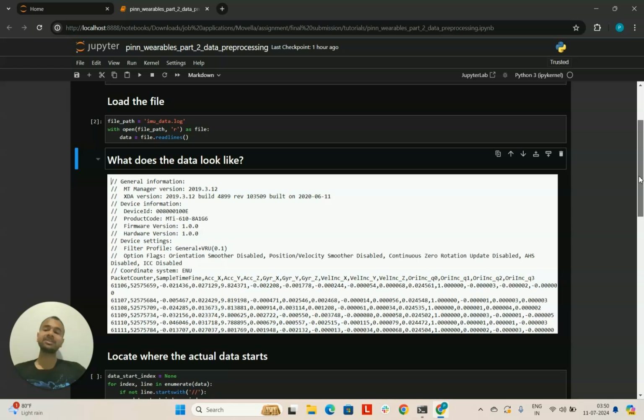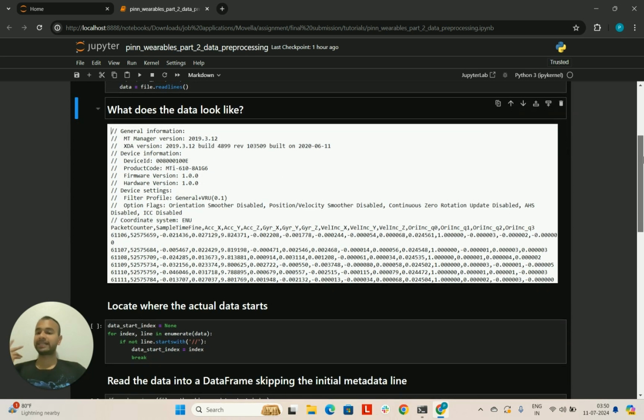So pandas is very nice. It's designed to read in data which mimics Excel spreadsheets. There's a command, I think pd.read_csv, where you can read these files in using pandas, but you do have to tell it where the actual data starts and the metadata ends. That is why we had to open up this file and look at it, because now we know the actual data starts after these slashes are over. So now the next thing to do is